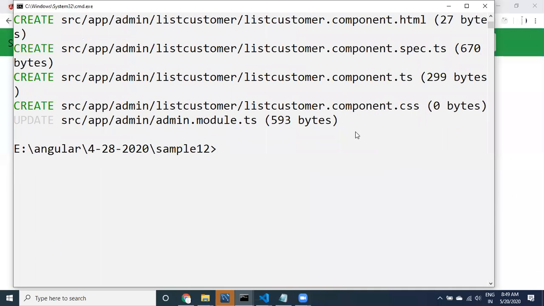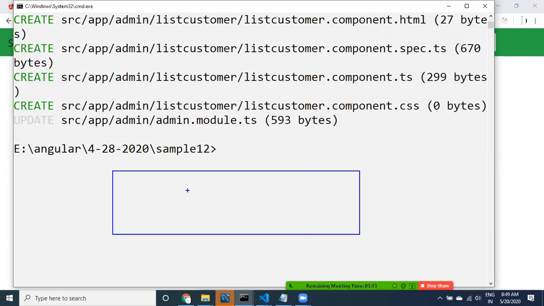Perfect. See, all these things are available right now. Let us just review what we have done until now. We have created menus. What is the menu? This is customer menu, customer item, product, and admin.